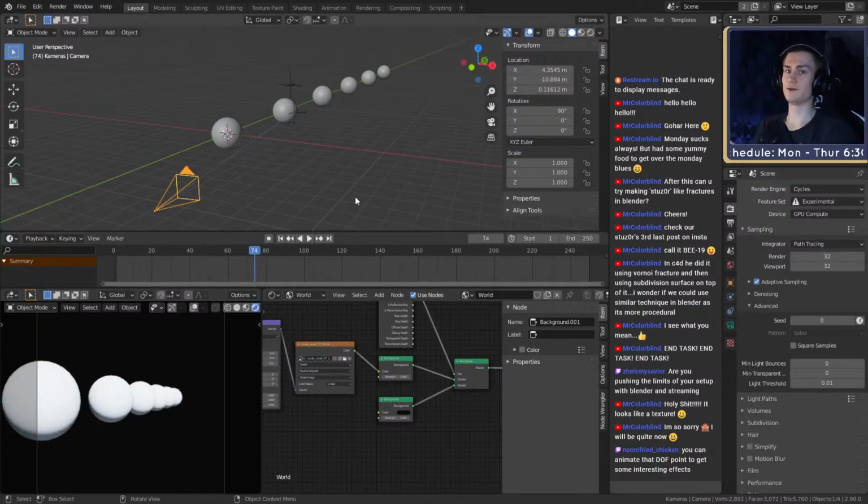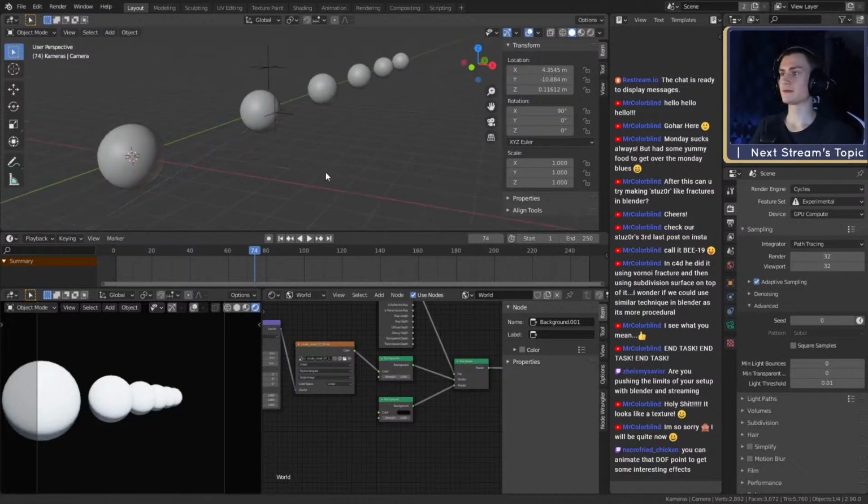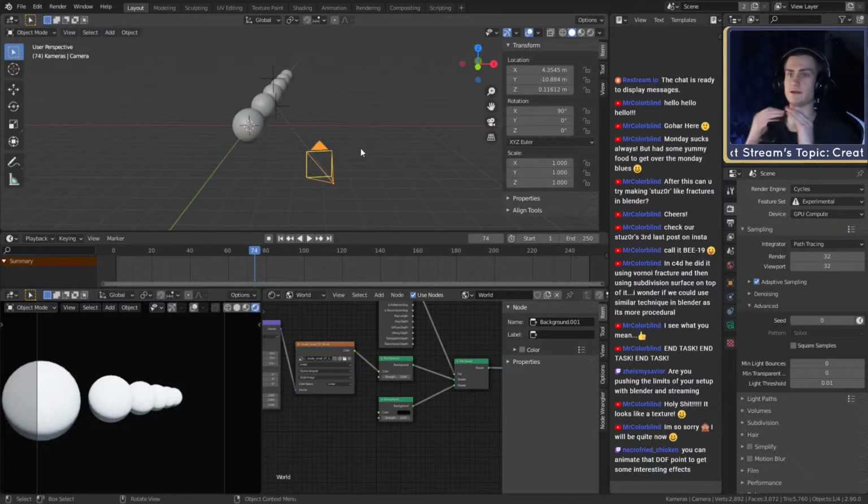There was a lot of noise in the scene. When I wanted to render it with very little noise, I had to use like 400 render samplings, which bumps up the rendering time by a lot.